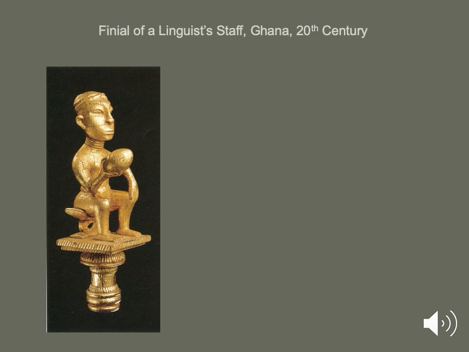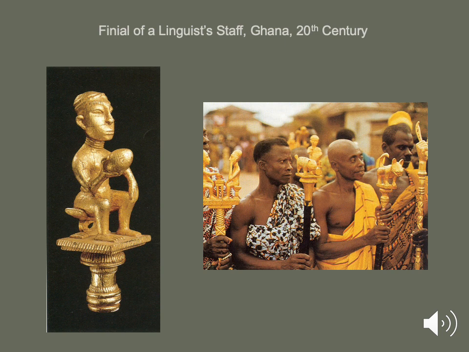What's missing here is the original context. If we look at this photograph, we're seeing similar finials in their original context, which would be in some sort of ceremonial procession, and they would be held by their owners. Really, their importance as an object is what they represent as their owners. So they represent basically their owners' position in society. And so it's not really that important necessarily, all of this fine detail and analyzing all of that. What they find most important is how it represents the individual person holding it.